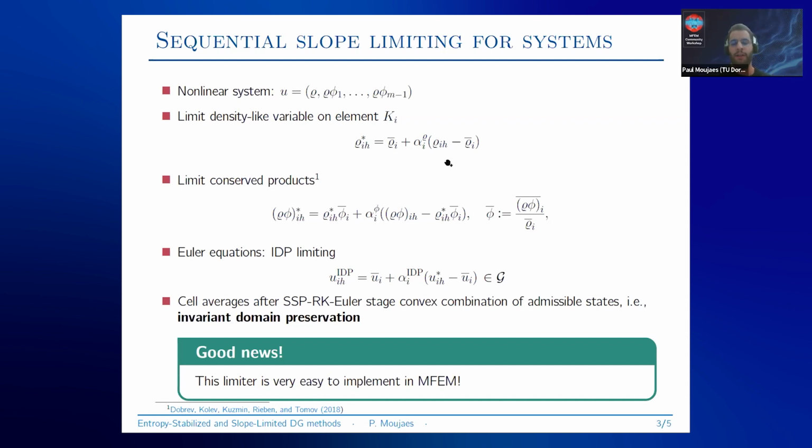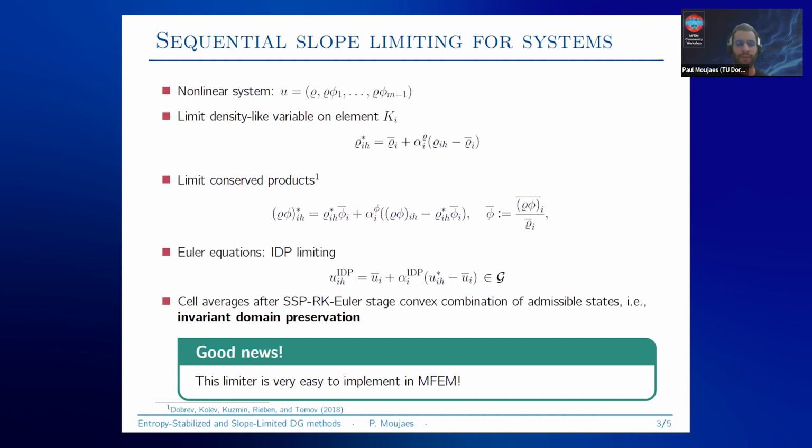And after that, we take this limited density-like variable into account, limiting each conserved product such that the derived quantity phi itself satisfies a similar discrete